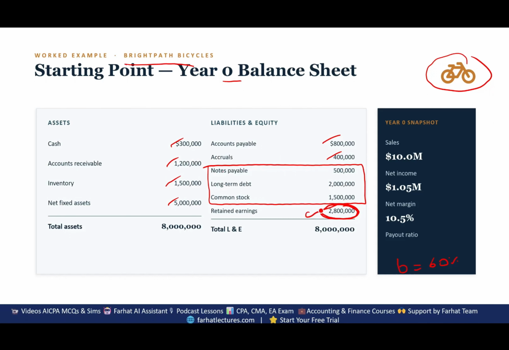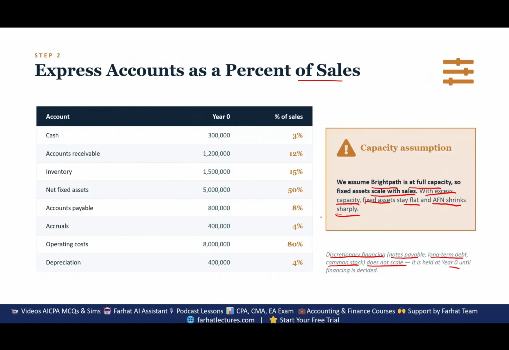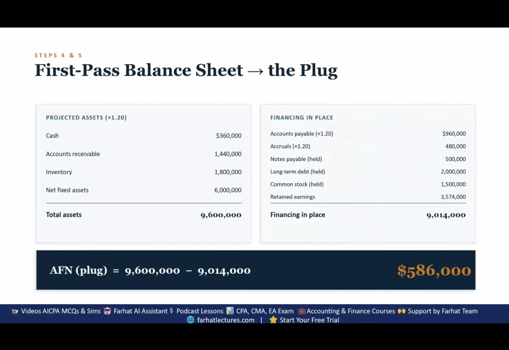So now we figure out this number, and remember, the other numbers that are not in this box, they grow at 20%. So here's the projected balance sheet. Remember, the numbers that are related to sales, they grow at 1.2%. We're going to take them, multiply them by 1.2, and when we do so,